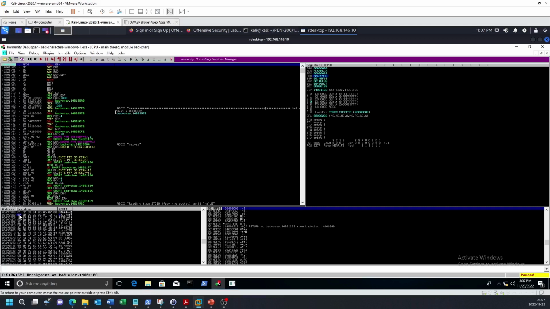Second row has 09, 0B, 0C, 0D, 0E, 0F, 10, 11. That's correct. Next row, 12, 13, 14, 15, 16, 17, 18, 19. Next row, 00. That's another bad character. That should be 1A. So we add that to our list and we start again.